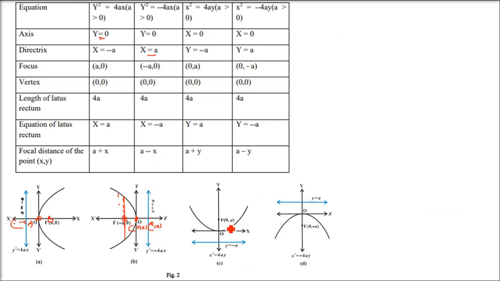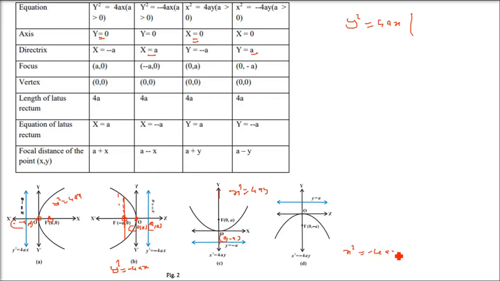Now we have changed the axis. The axis of symmetry is the y-axis and the directrix is parallel to the x-axis. So all x and y will change. Wherever x was there, y will come, and the sign remains the same. If the focus is (0, a) above, on the negative axis it will be (0, minus a), and just reverse it. Y equals a will be the directrix. So y square equals 4ax, this is y square 4ax, and this will be y square equals minus 4ax. So these are exactly the same, only x and y axes are reversed.